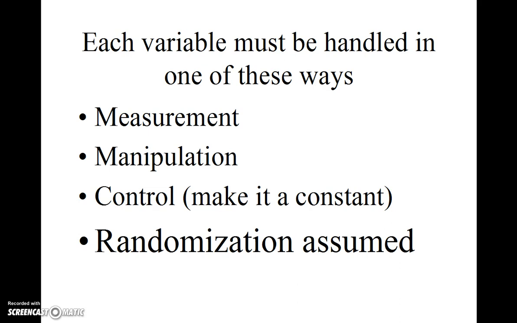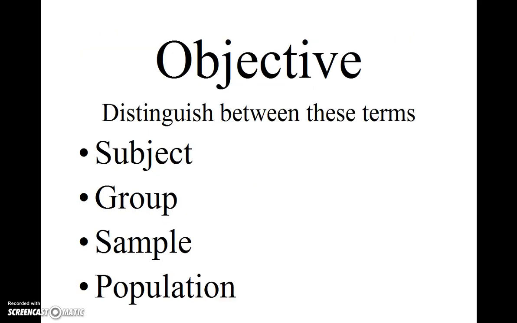Each variable must be handled in one of these ways: measuring the variable, manipulating the variable, that's what we do in an experiment, controlling the variable, in other words, making it a constant, or assuming that some kind of randomization is taking place. The next objective I want to tie in here is the distinction between these key terms: subject,